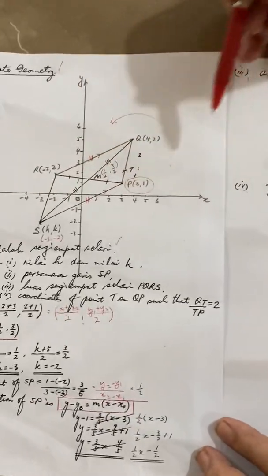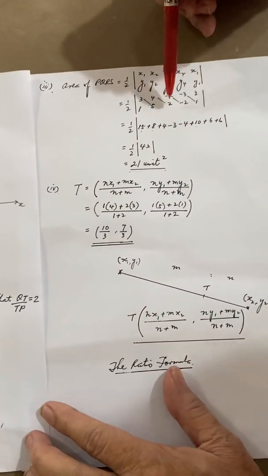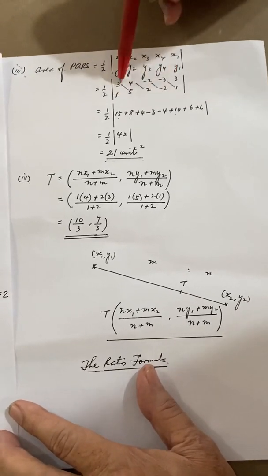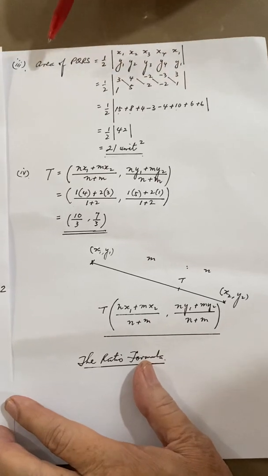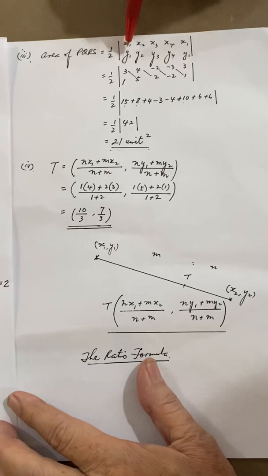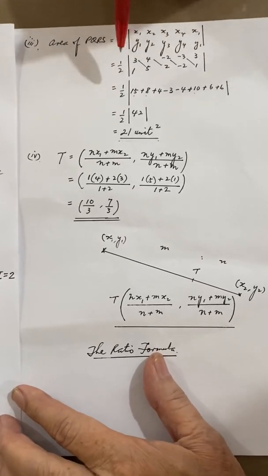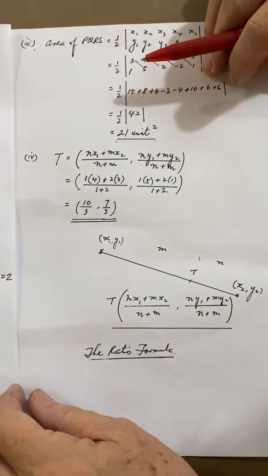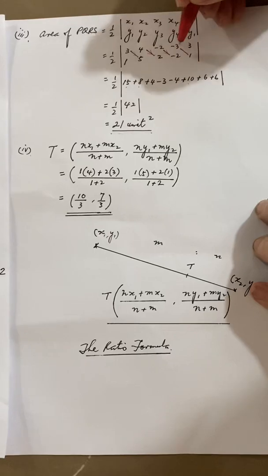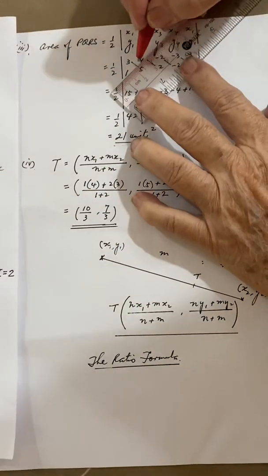So I have got 3, 1 followed by 4, 5 followed by negative 2, 2 followed by negative 3, negative 2, and then end with 3, 1. So if it's a triangle, you have 4 columns. If it's a four-sided figure, you will have 5 columns. I don't think they will set more than 4-sided. So coming down will be positive, 3 times 5, 4 times 2, that will be positive. Going in the southwest direction will all be